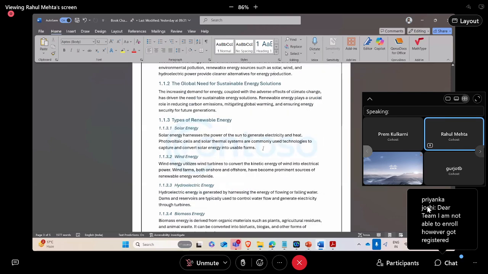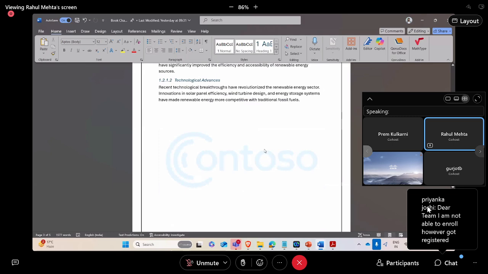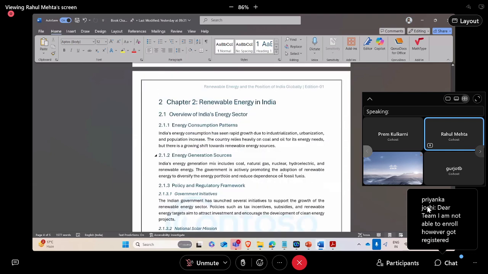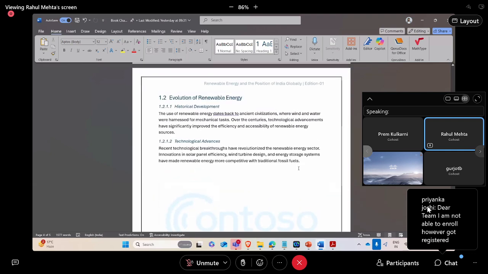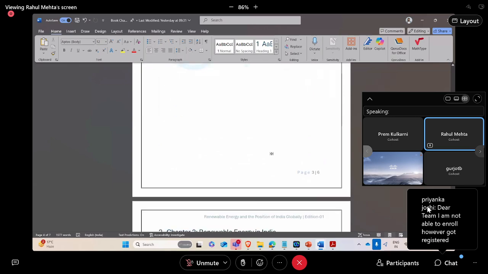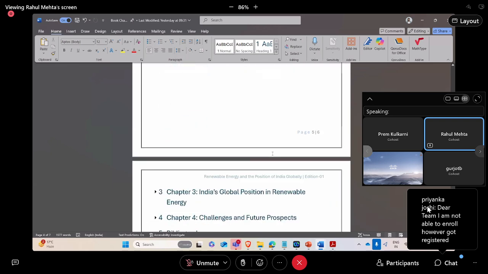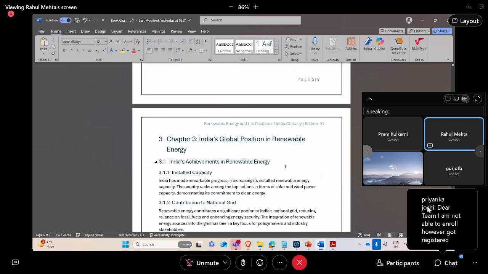And if you see here, every chapter is starting on a new page. If you clearly observe, this is the best practice. Always start your new chapter on a new page. And that I did using page break. I'm going to show it. So if you expand this chapter 3, for example,